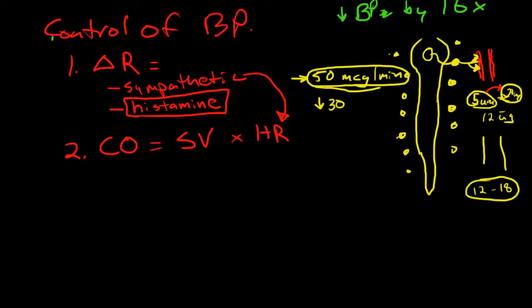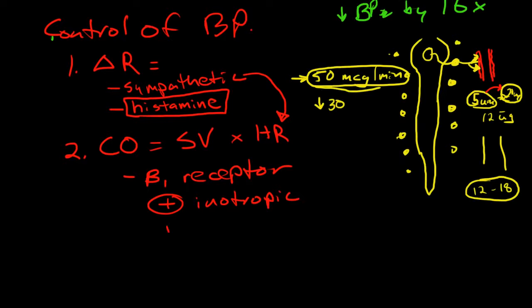Remember, when the sympathetic nervous system releases epinephrine and norepinephrine, it stimulates the beta-1 receptors in the heart. This stimulates a positive inotropic response that increases the force of contractility. It produces a positive dromotropic response, and that just increases the speed of conduction of action potentials,